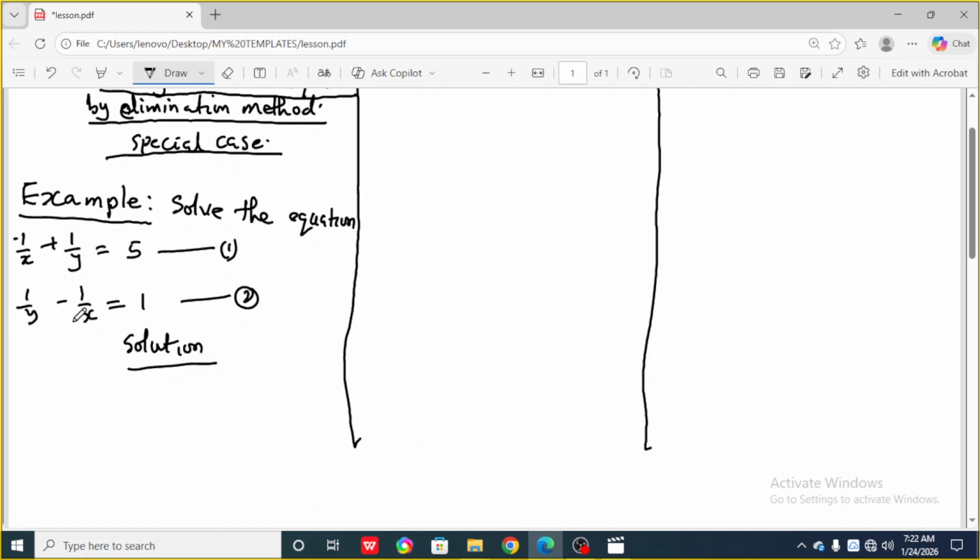Now I'm going to rewrite equation 2. But meanwhile, let me write equation 1 down: 1 over x plus 1 over y equals 5. This still remains equation 1. Equation 2, I'm going to rewrite it. I'm going to bring minus 1 over x to the front. It will come first. Then plus 1 over y will follow, which is equal to 1. I'm still calling it equation 2 because nothing has changed. It's only the arrangement that has changed. So the next thing I'm going to do